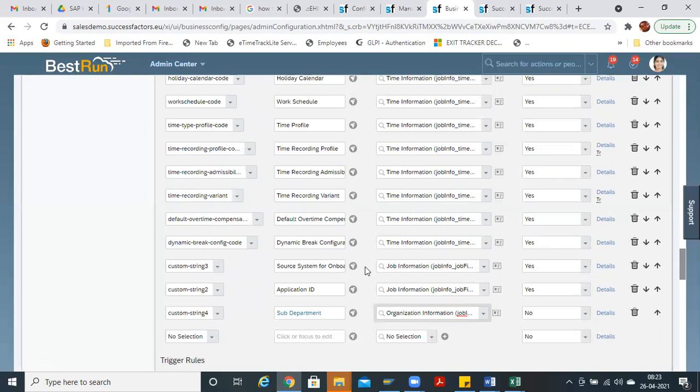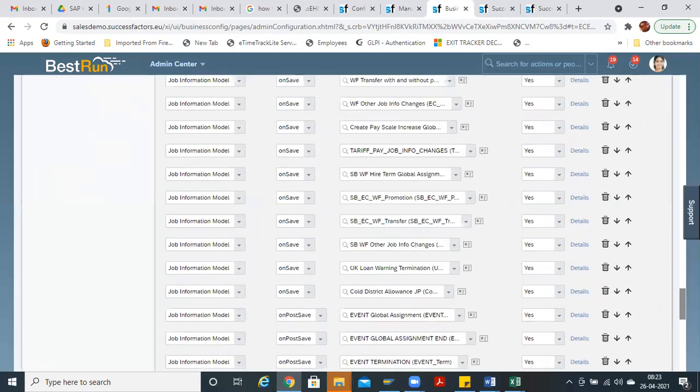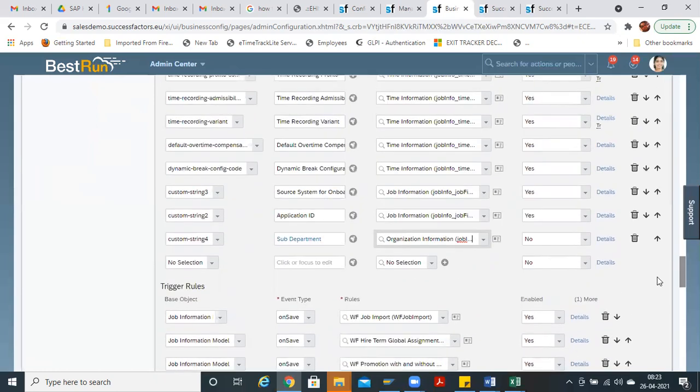If any field is related to job information, like overtime or time related fields, then you can mention job information. But I want it under org information as I'm creating the org structure. Now, what is this field? Enabled. If you mention no, then it will definitely not show. You have to mention yes.